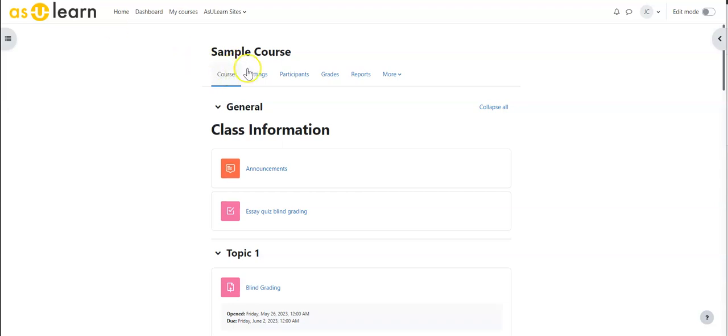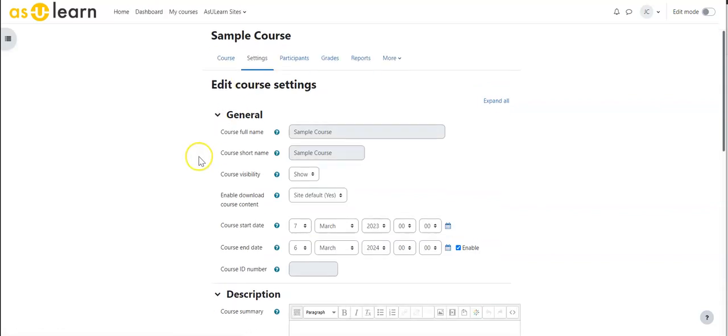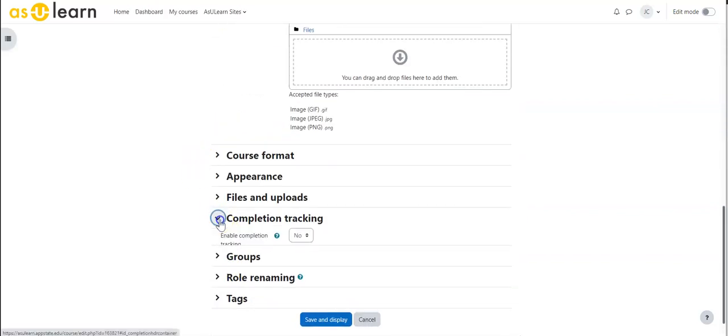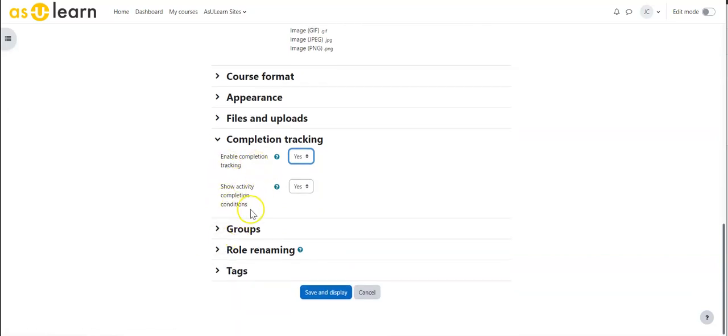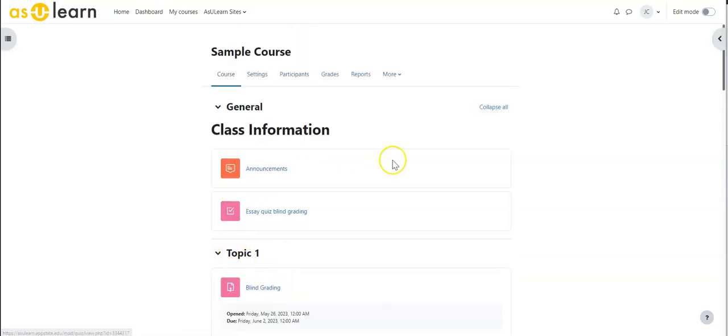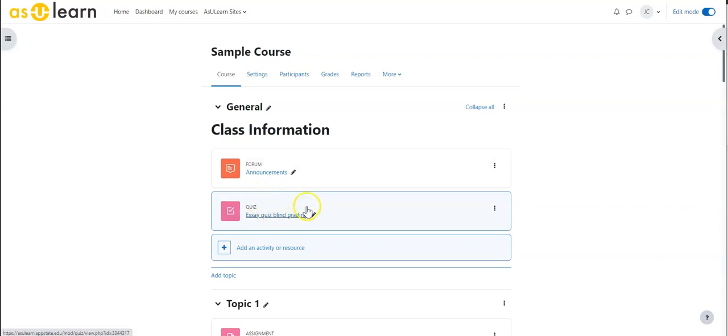So, step one, I'm going to go under Settings for the course. I'm going down to Completion Tracking and say Yes. And I typically like to show these completion tracking conditions, which shows the students what they have to do in order to count that as completed. Next, I'm going to turn editing on in the class, and I'm going to start giving some